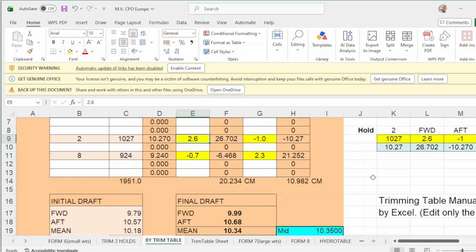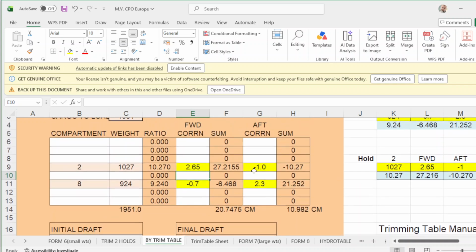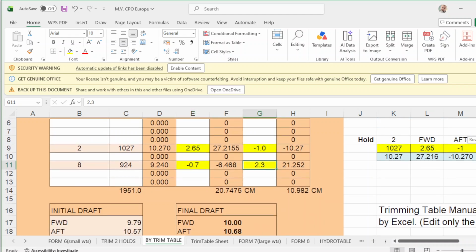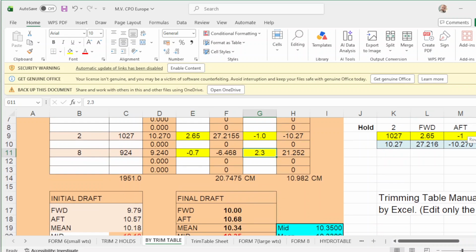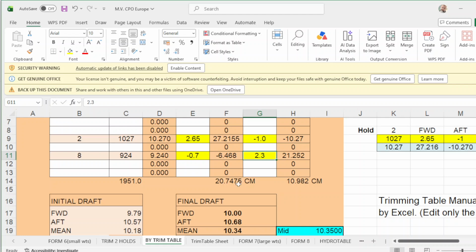You put this 2.65. Then you have 10 meters. Then this should be 10.70. So you adjust your correction on the up. This one you adjust. And you make this one 2.70, 2.4.